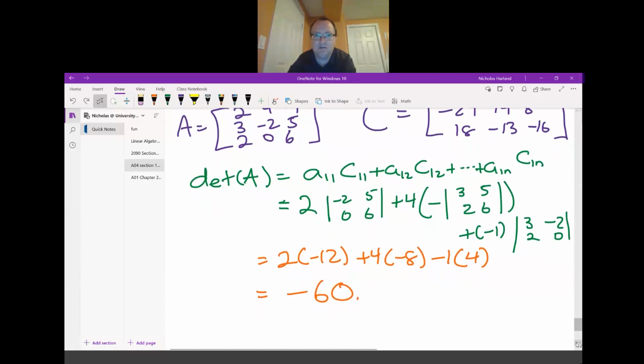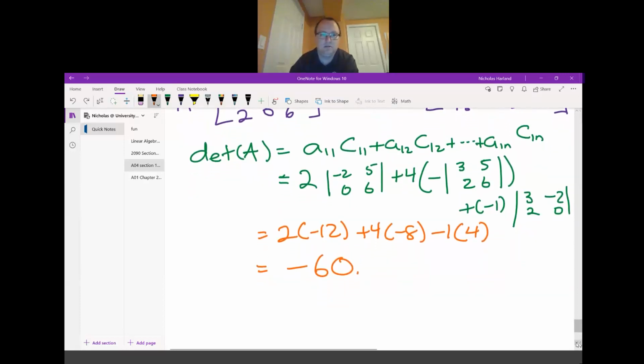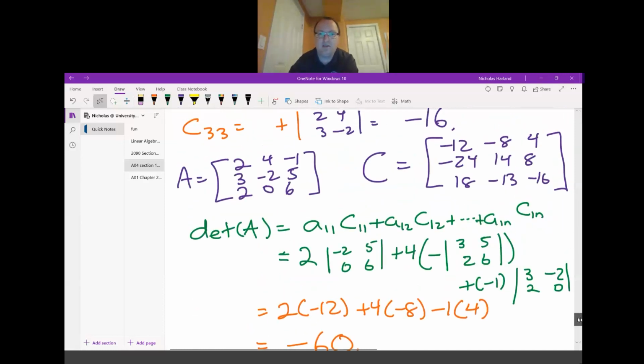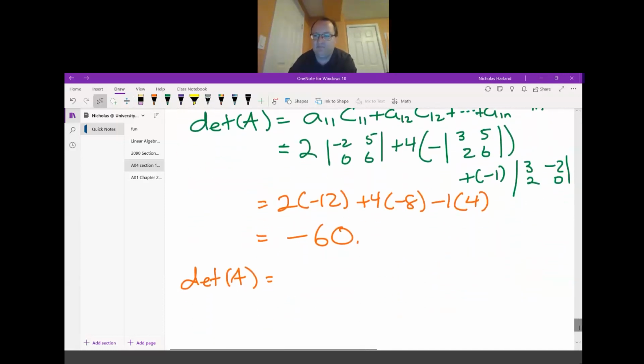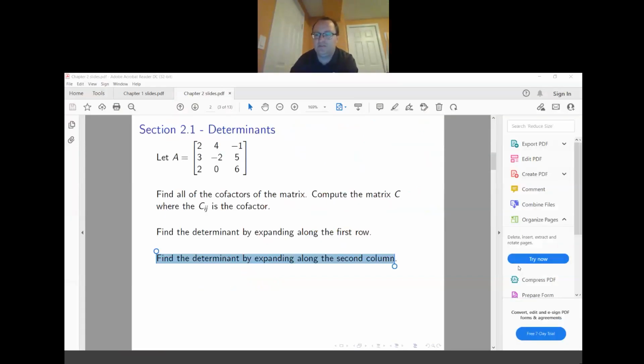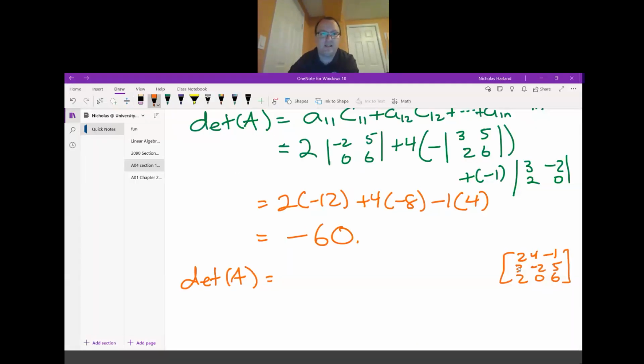Negative 60? All right, well, let's try that second column. So our second column right here, again, I'll write out the matrix for myself just because I lose it off the top of my screen. Always keep forgetting that second one. So if we're doing the second column,